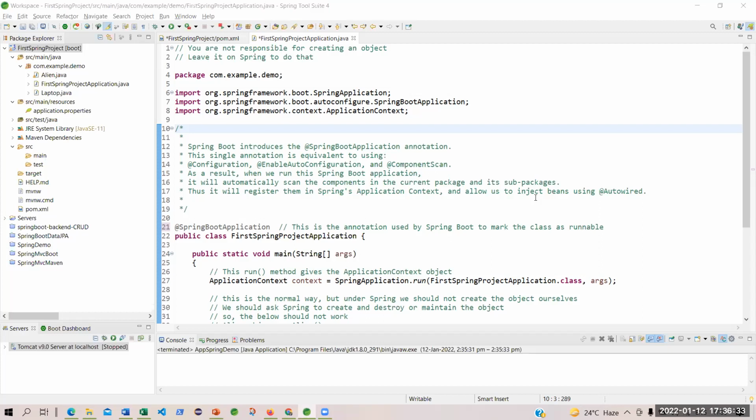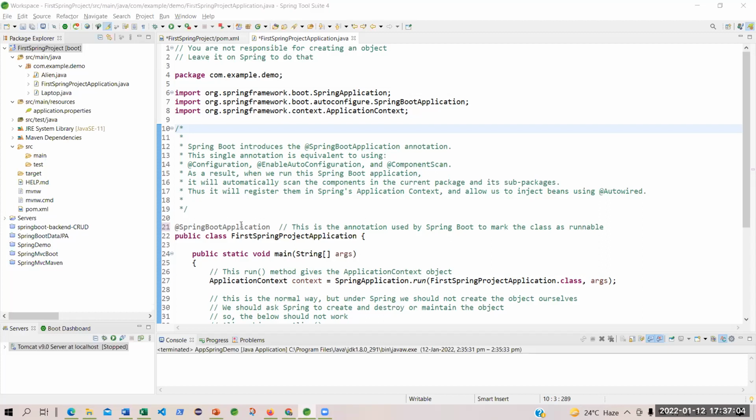But if you use component injection, your life becomes easier, your code smaller, and performance and maintenance faster. Everything will be taken care of by Spring Boot or the Spring Framework. Clear?